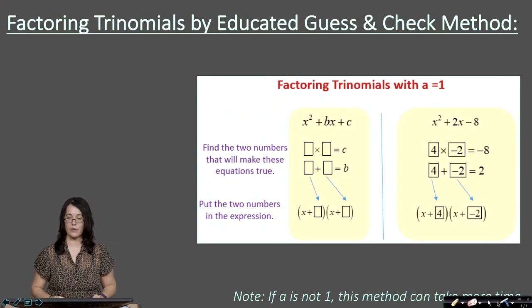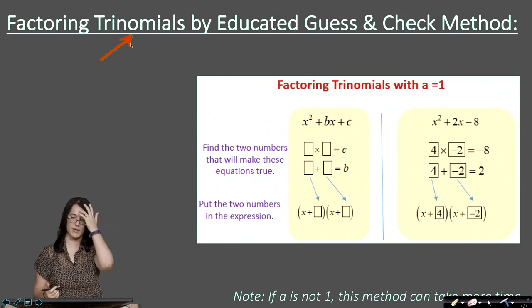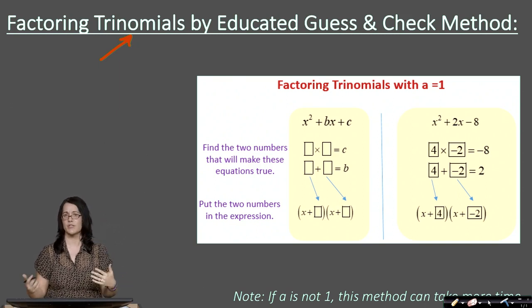So we notice here that we have a trinomial. Now, if I have a trinomial, 3 terms, the educated guess and check method, which is typically called trial and error, but some textbooks like educated guess and check, okay? So the educated guess and check method, the idea here is to think about what the factors of the constant